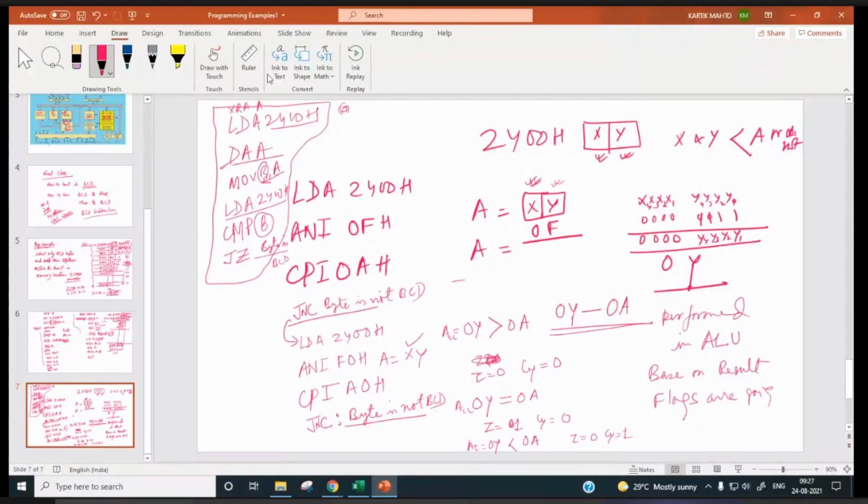Otherwise it creates a problem, because if some arithmetic operation generated a carry or auxiliary carry flag, and then you go with the DAA instruction, even though the byte is BCD, the accumulator content will be changed based on the carry or auxiliary carry flag.